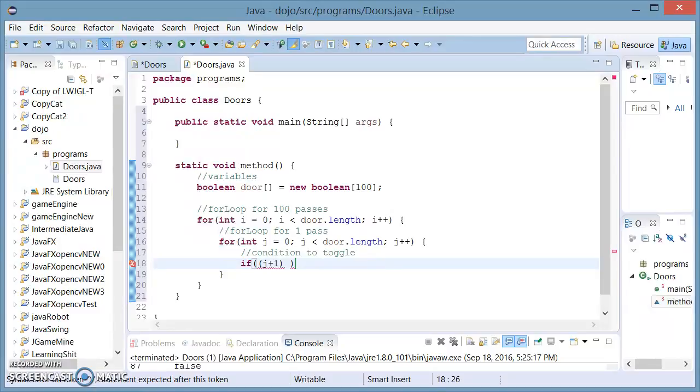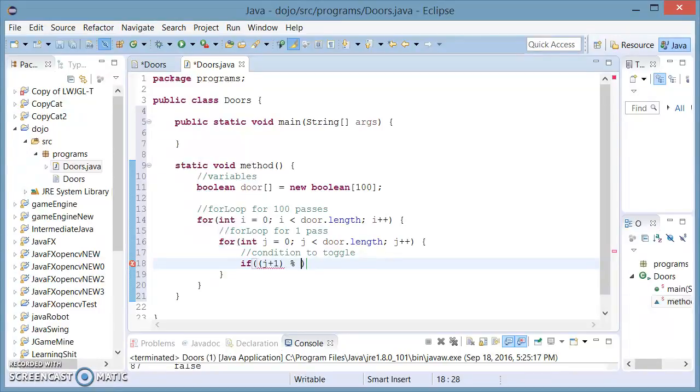So we're going to have to add 1 to j to reach these numbers not from 0 to 99, but from 1 to 100. So if j plus 1, and this is the remainder operator,